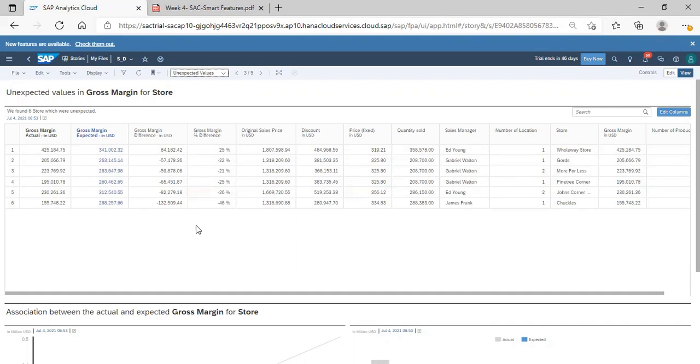No, that will only work for one single value in the story. But here it will identify for stores, or the top 5 or top 6 values, which are unexpected. Like, we have not seen this many values, but here it is showing that this many months you will get this kind of values.